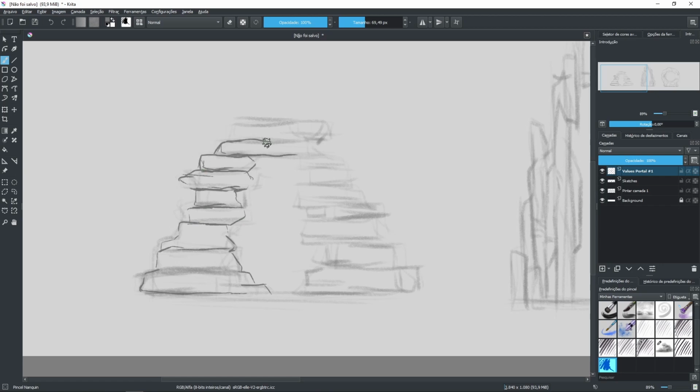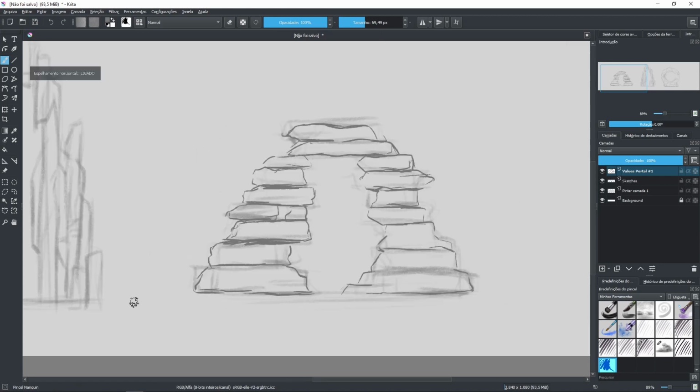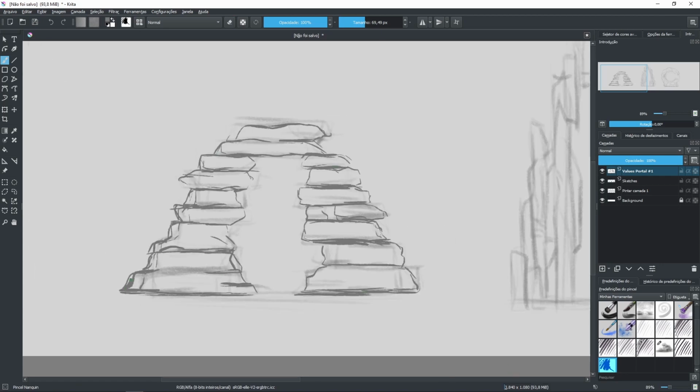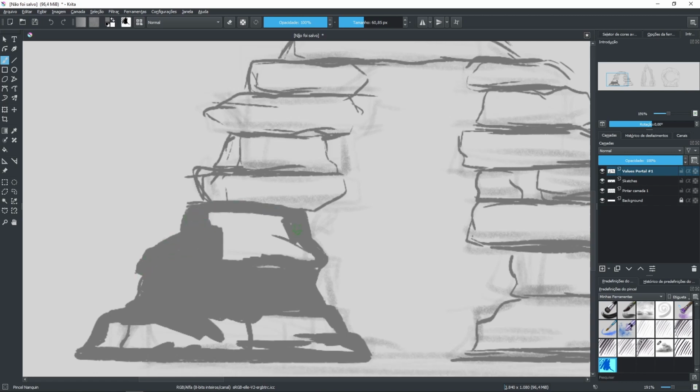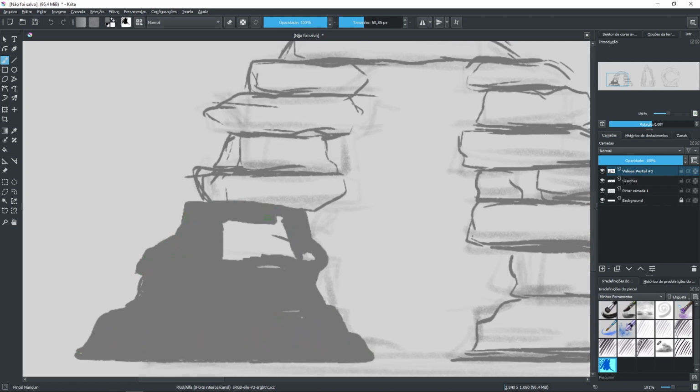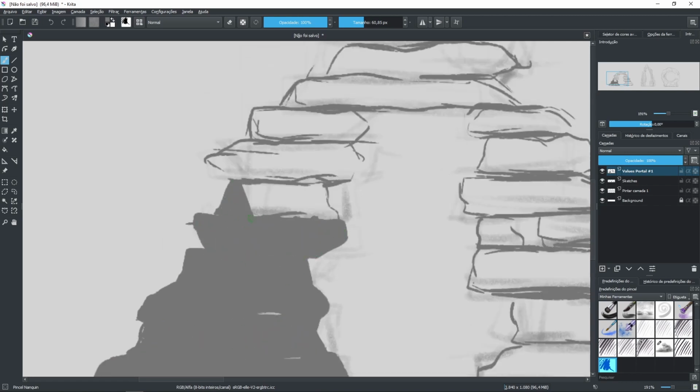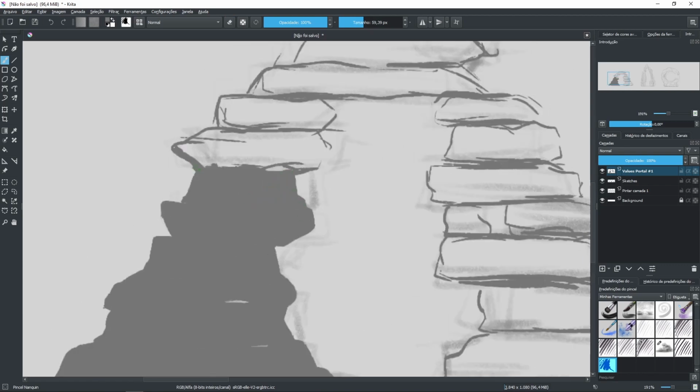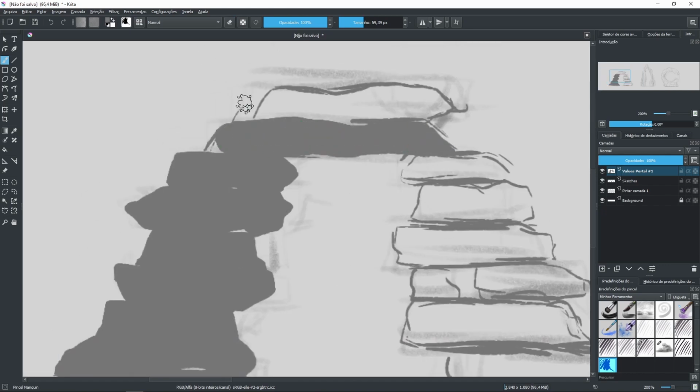After the sketching process, what I'm doing now is defining what could be the final shape of each individual stone of the portal. And right after that, now you can see me apply a base value to all of the stones of the portal. And the reason why I'm doing that is because I do not define the colors of my paintings at the beginning. What I do is I create different shades of gray